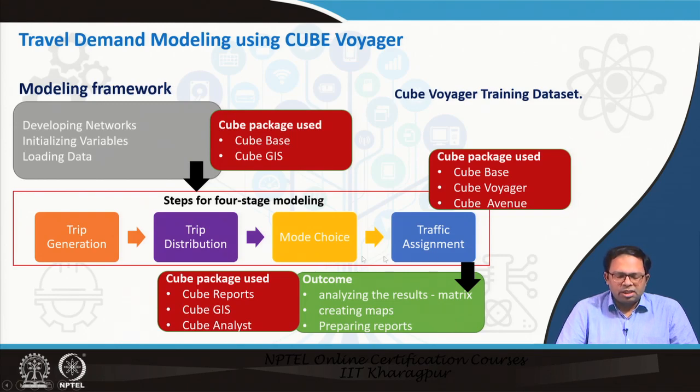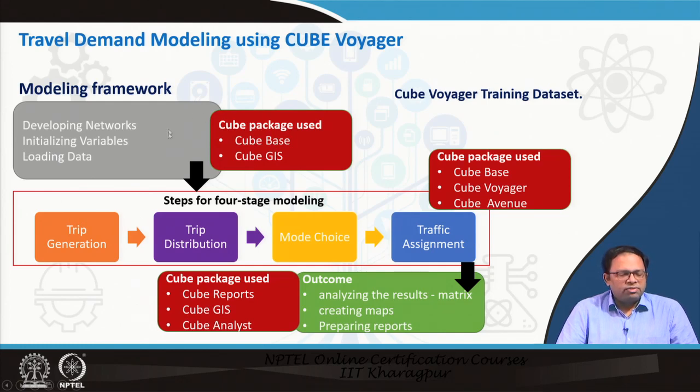These are the 4 steps, but before we start these 4 steps, we have to start with some basic data sets. For example, we have to have data on different zones, and data on the different networks. That means what kind of travel time it takes to reach from one zone to another, based on both passenger highway, the road travel along roads, as well as passenger travel using public transit. All these things have to be initialized first, and then we start with the actual 4-step travel demand modeling process.